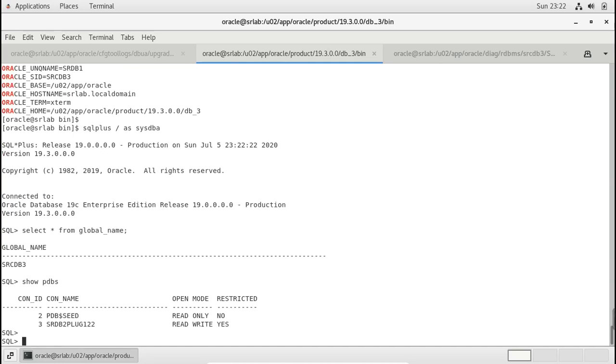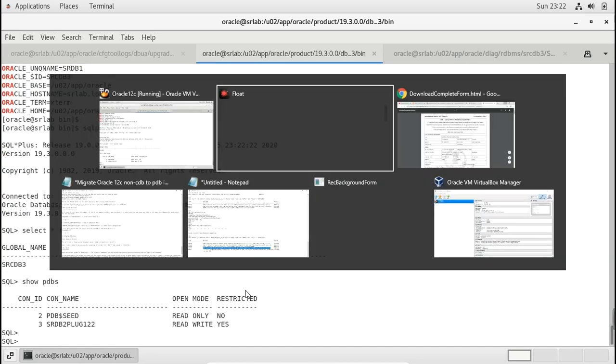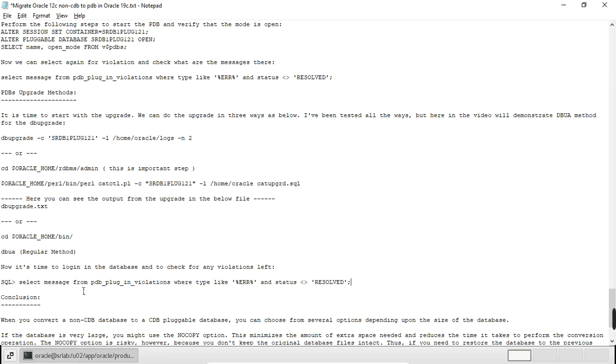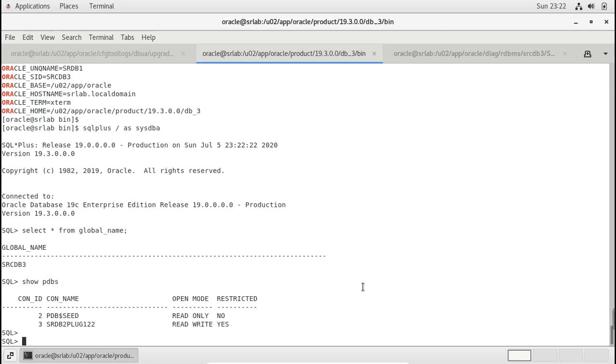Here you can see this is in restricted mode. We need to check the PDB plugin violations. This one we need to check post upgrade.